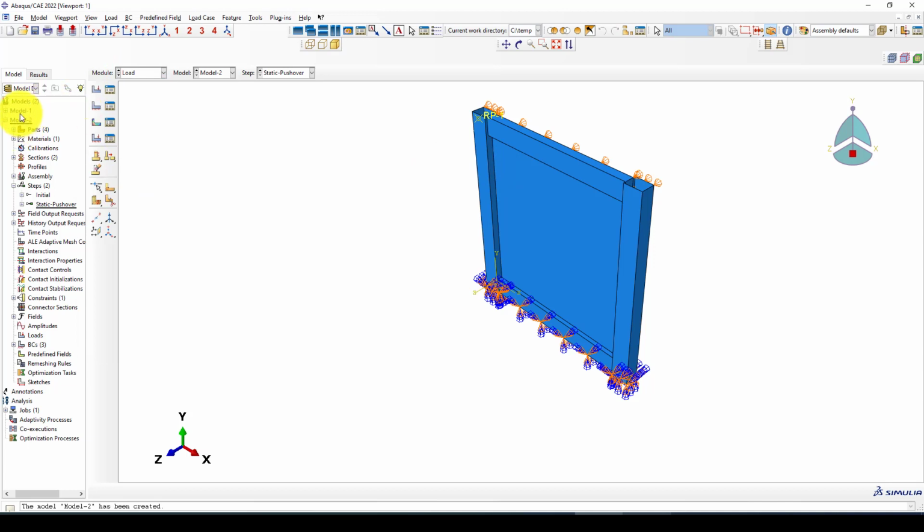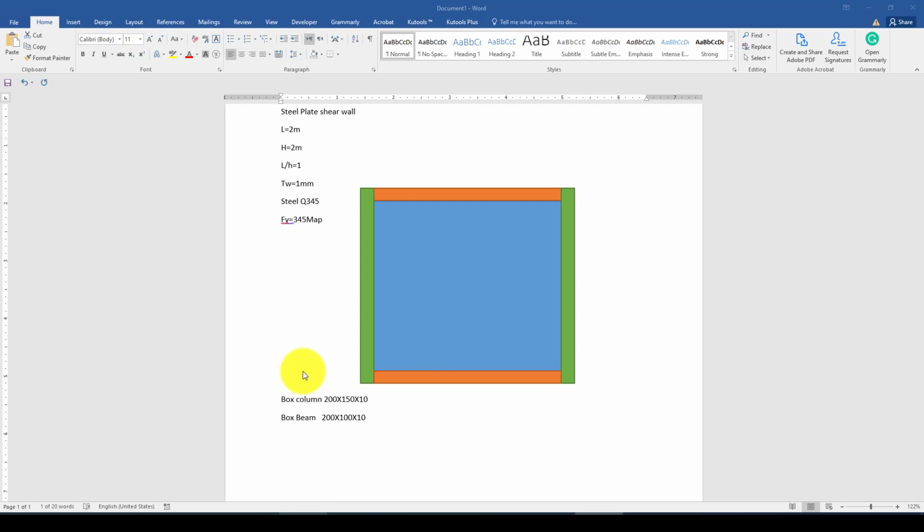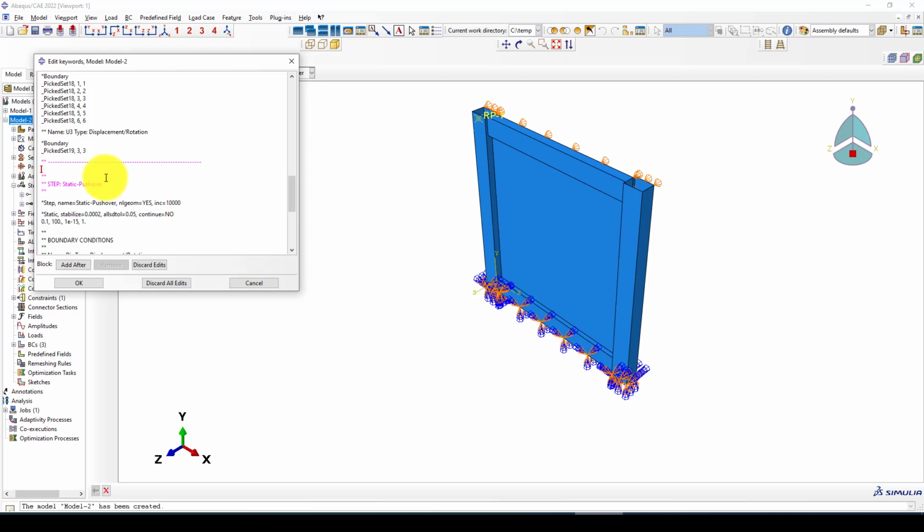One thing is that we want to consider the results of the last analysis in the next step. So I'm going to edit, and here I want to create an imperfection. You can write the imperfection like this, and also you can consider it from a file, which is the buckle file from the previous analysis. I'm going to show you here: buckle, which is equal to step 1, taken from step 1 of this analysis. Now I want to give mode number 1, with a scale of 10 times that mode,